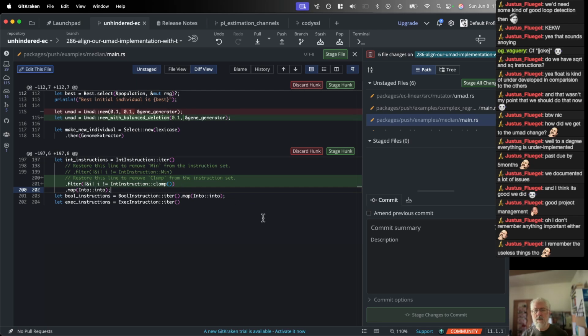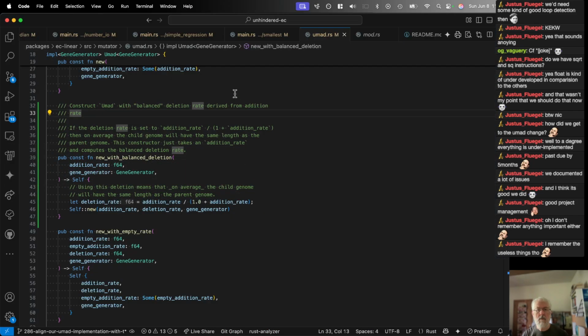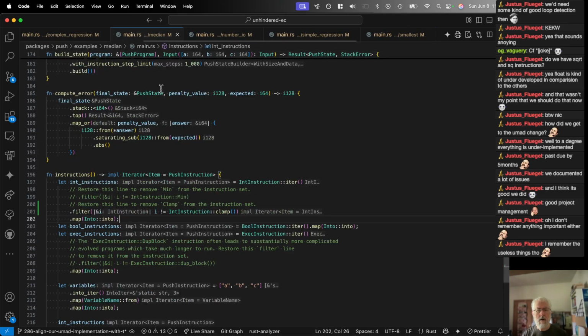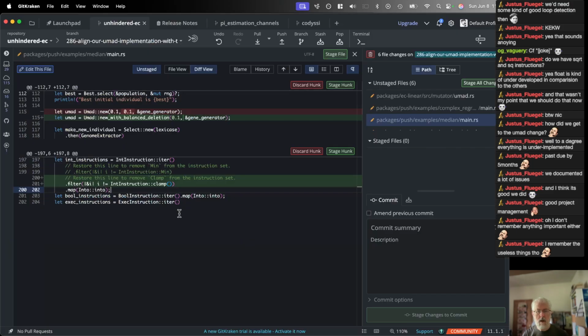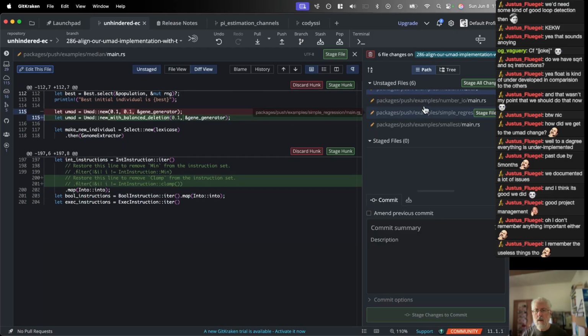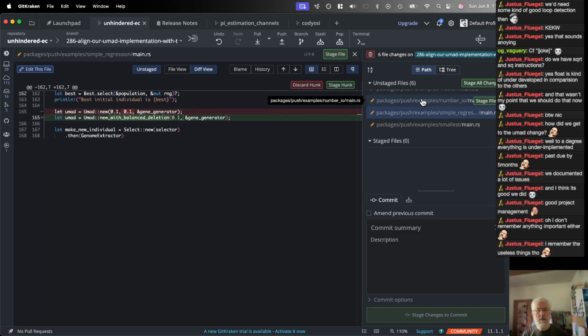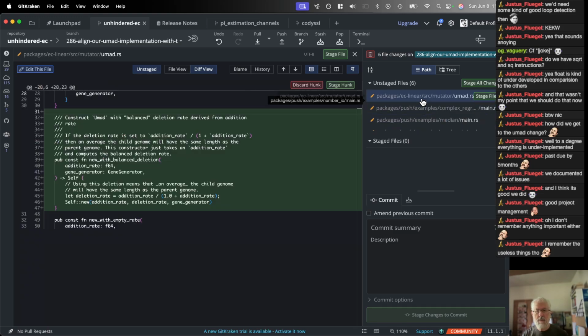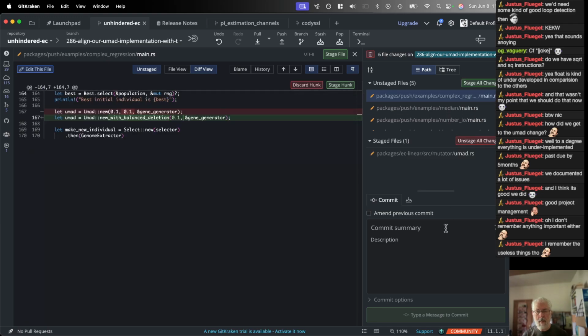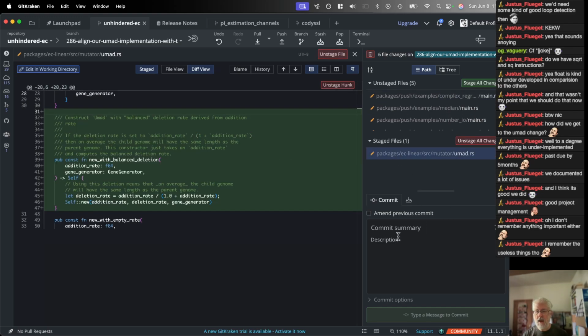So that's median. Where is median? There we are. Boop, bop. And then that's just adding that, and that's adding that, and that's adding that. Okay, so with this, the